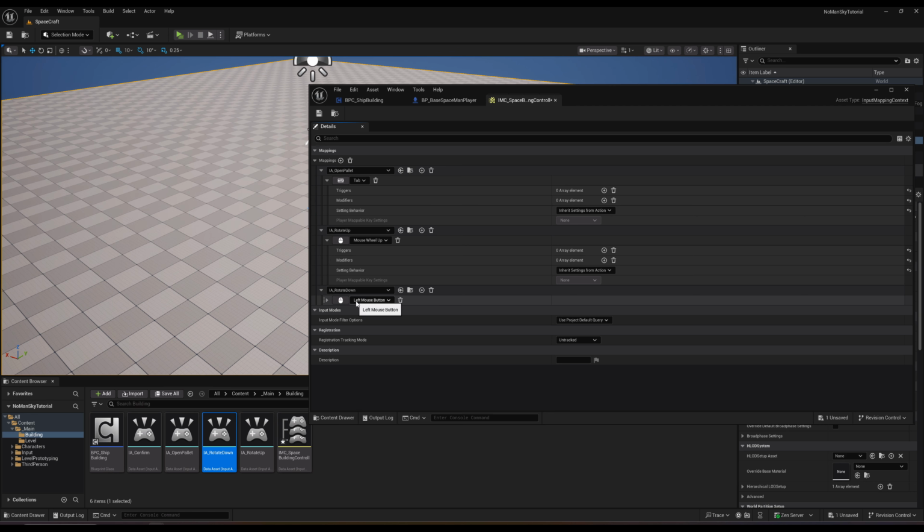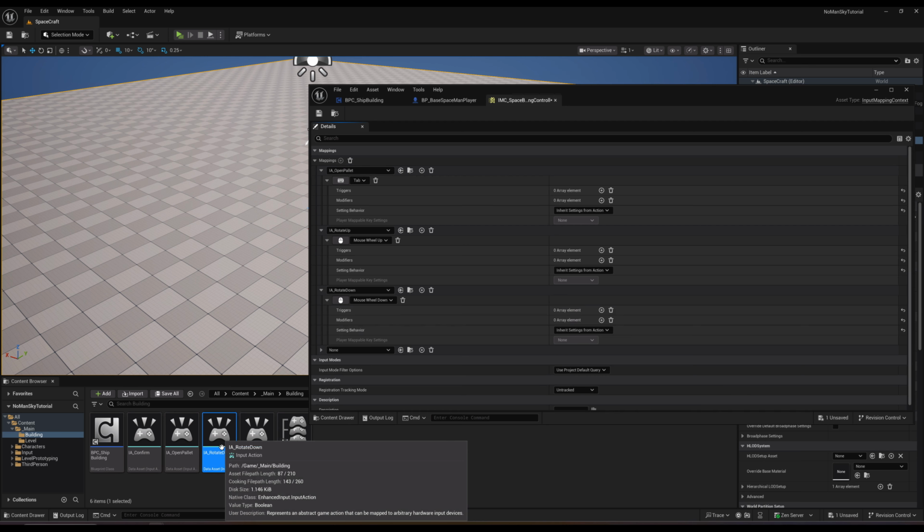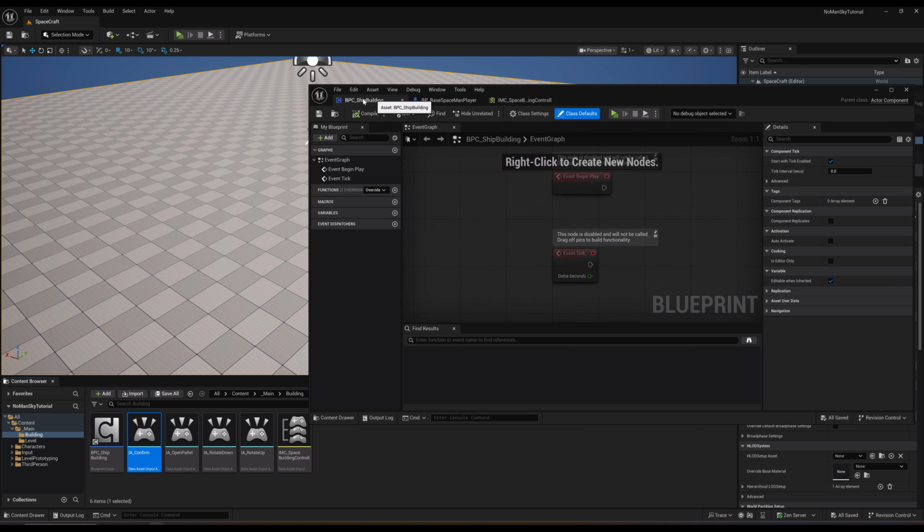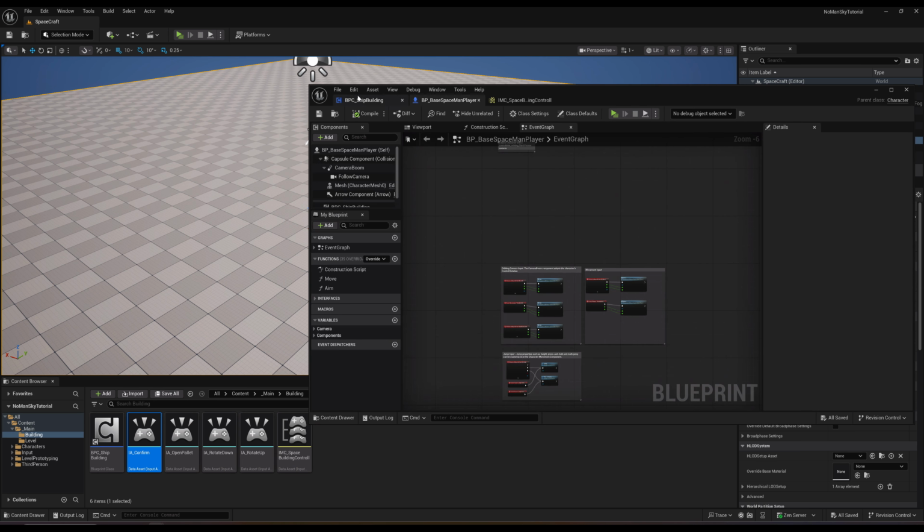Mouse wheel down, and then I'm gonna add another one. It's gonna be the confirm button. All right. And then the confirm button is just gonna be a normal click, left click. Now that we have all these things properly set up, we need to edit the player controller reference from here,